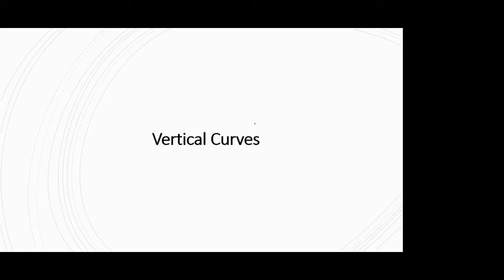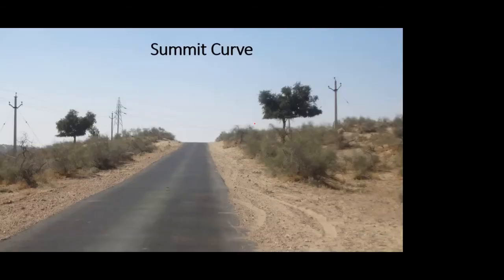Today we are starting with the vertical curves, and in vertical curves mainly we will start with the summit curves. Now a summit curve is nothing but what photo you see here. It is again a photo of an actual site, the site that I had once referred to during our discussion in the first unit, the Jaisalmer Meajla Road, or Jaisalmer towards the India-Pakistan border road. So it's one of the photographs from that road. So this is a summit curve.